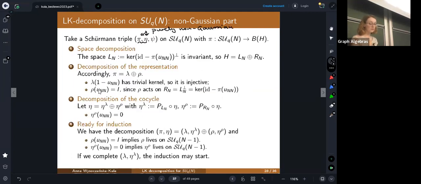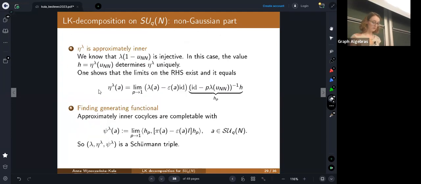So the idea is that we decompose the whole space into the part on which we are going to work a little bit more, and the part which we show is in fact something living on a subgroup. So if we deal with what happens on this left-hand side, and if we show that over there we can complete our cocycle, then we can basically proceed by induction. Yes, because on the right-hand side we have the same situation, but for a quantum group of lower dimension. And what we are showing is exactly similar, although more involved, to the idea of Schürmann and Kreide. Namely, we show that this part on the left